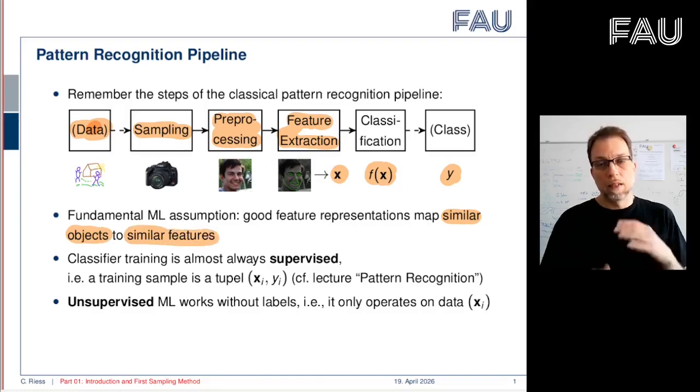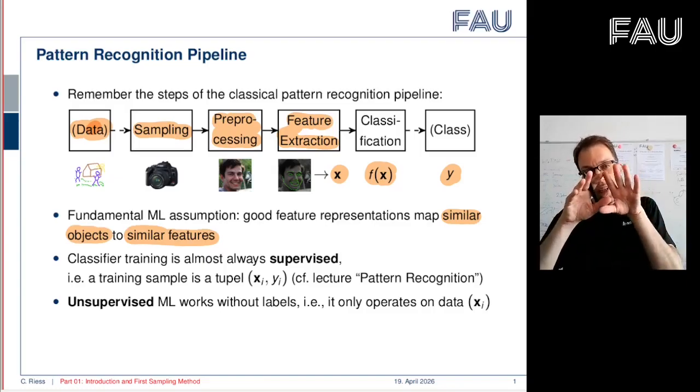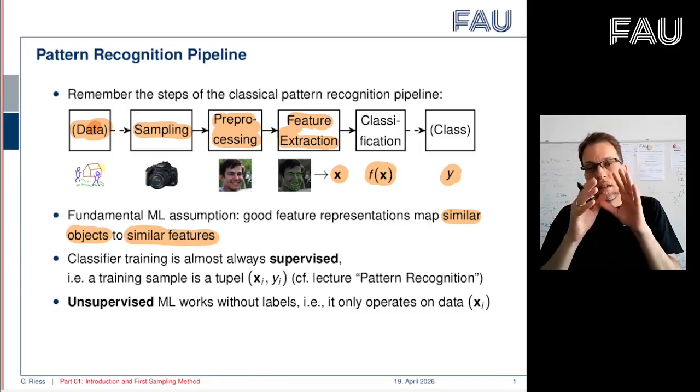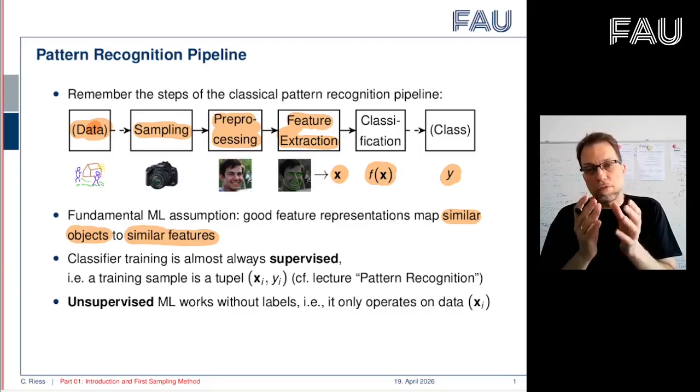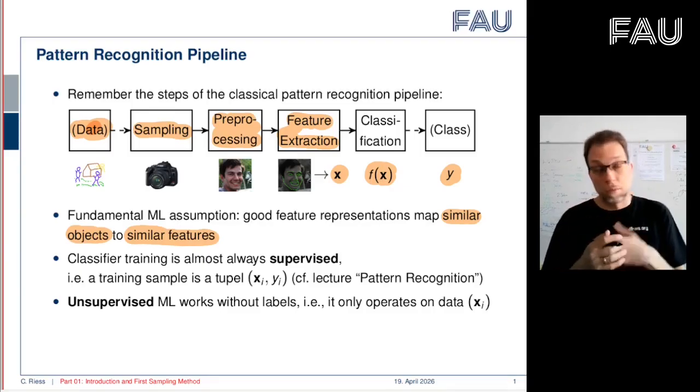So this is the basic assumption, and then you can say, whatever is close to each other in my feature representation